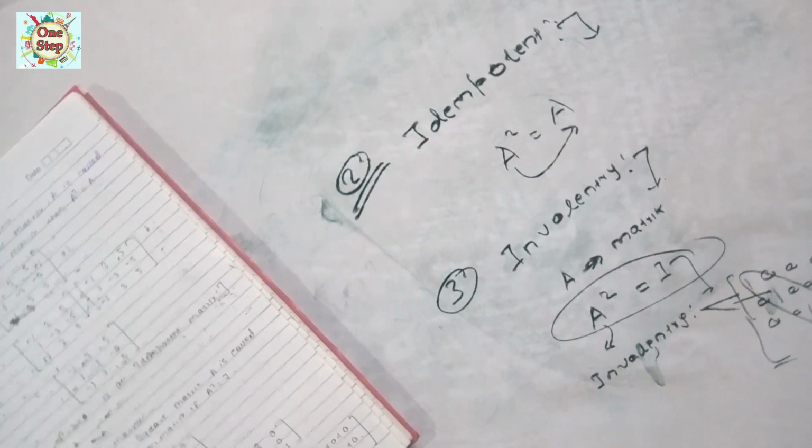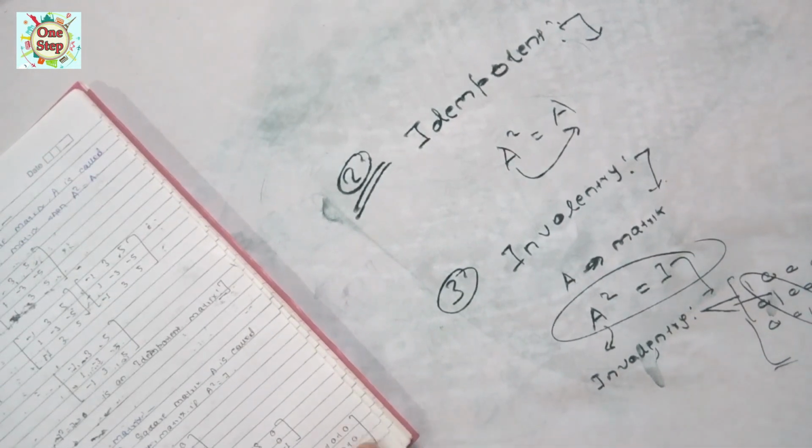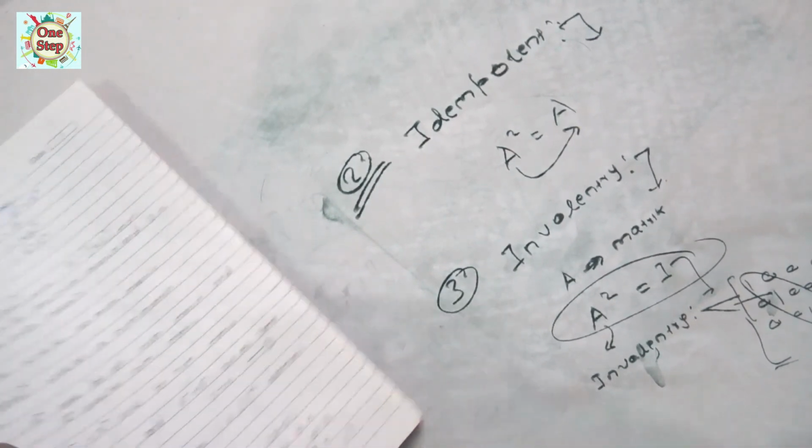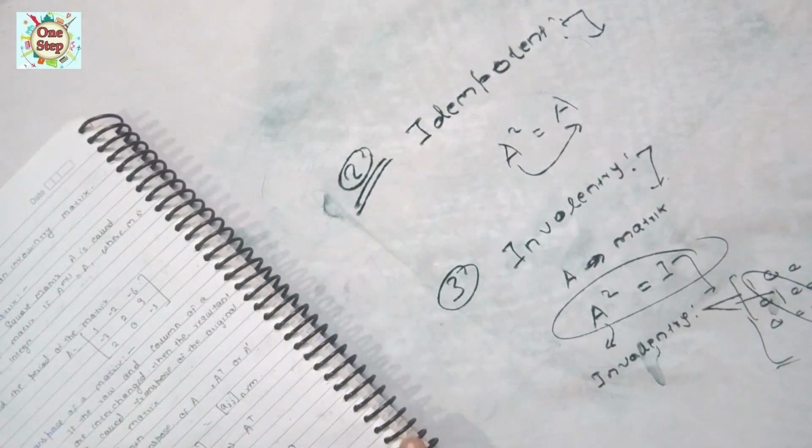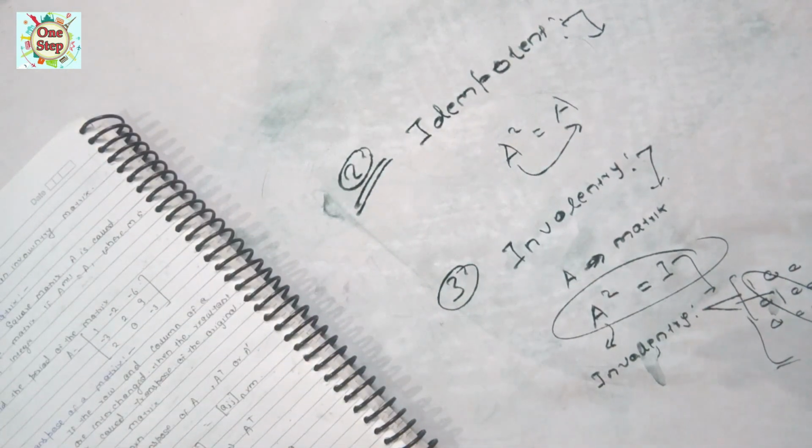We have to think about it. So the last one is the periodic matrix. Okay, so what does it mean? It means that every function gets repeated at a certain interval of time. So if any matrix is going to repeat itself after a certain level, then we can say that yes, this is periodic.